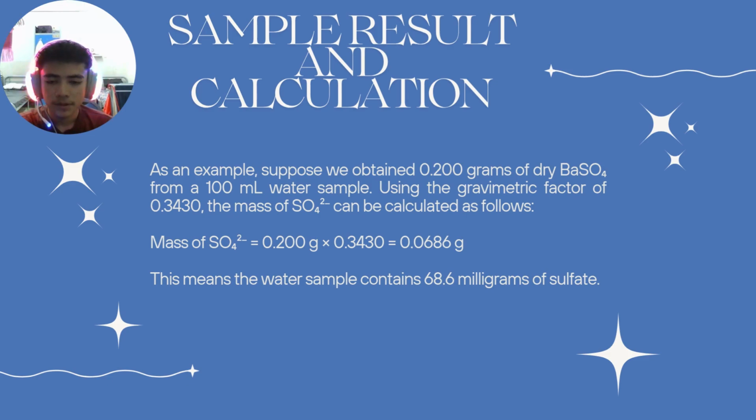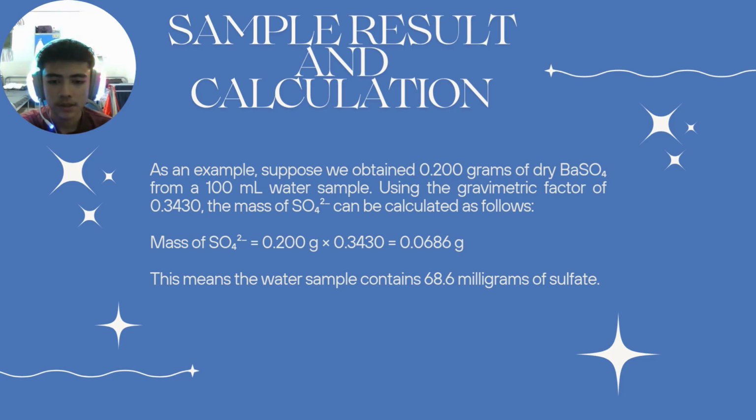Let's now look at the sample result and how the calculation is done. In this example, we obtain 0.200 grams of dry barium sulfate, or BaSO4, from a 100 milliliter water sample. To calculate the amount of sulfate ion, SO4 2-, we use the gravimetric factor, which in this case is 0.3430. So, the mass of sulfate can be calculated using this formula, which is mass of SO4 2- equals